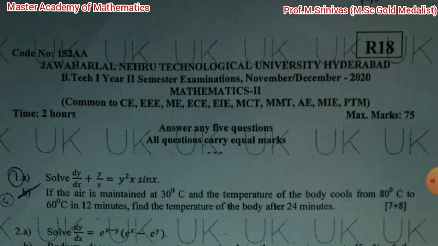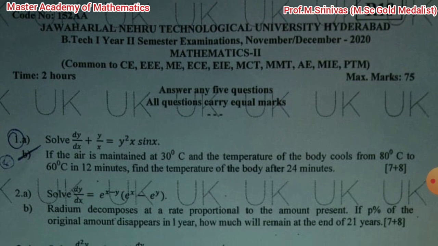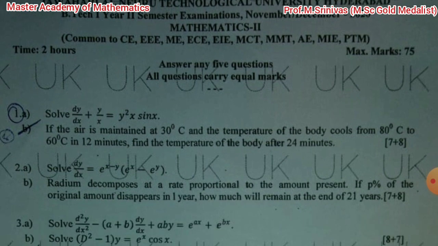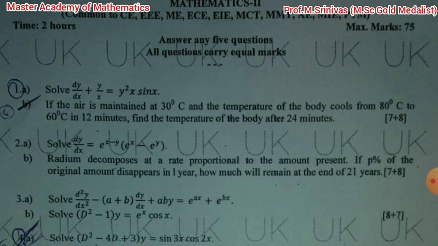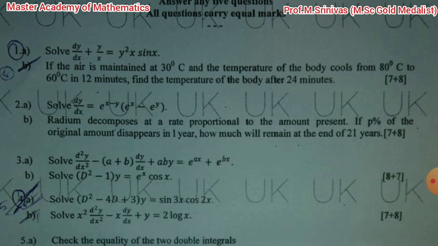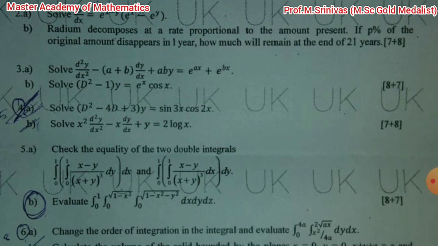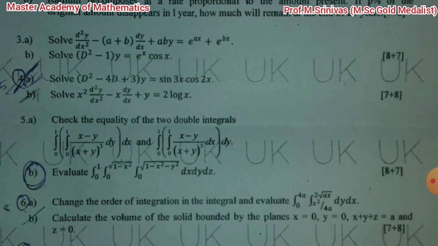Let us look at the paper first. So this is R18 Mathematics 2. Out of 8 questions, they are going to ask only 5 and you need to answer only 5. It is very easy compared with the afternoon paper. It is the easiest one, and they have given 2 problems from each of the first, second and third units and 1 problem from the fourth and fifth units. So just look at this particular paper. You have already taken the examination on 16th November.